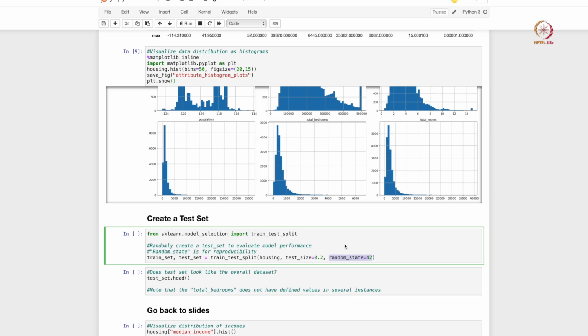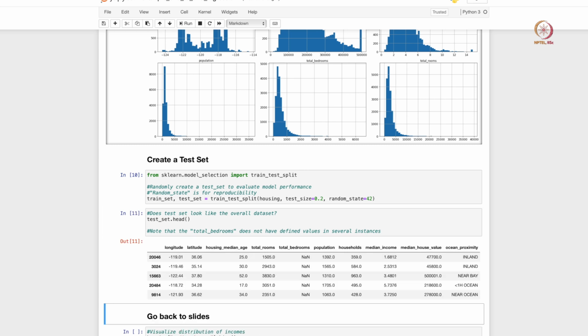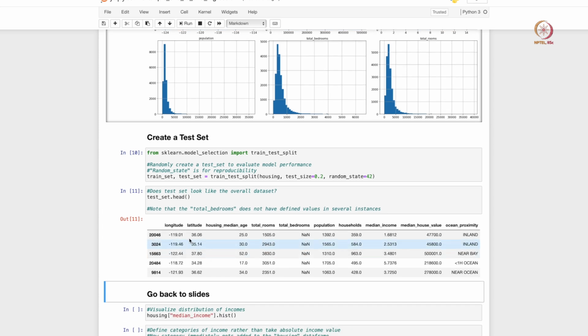So once you execute, your data set is already split now into train set and test set, and if you look at the test set itself, you see that it has all the same columns, all the same features as your training set, right. So the train test split was done properly, and the test set seems to have all the data that your overall data set had, okay. Let us now go back to the slides,